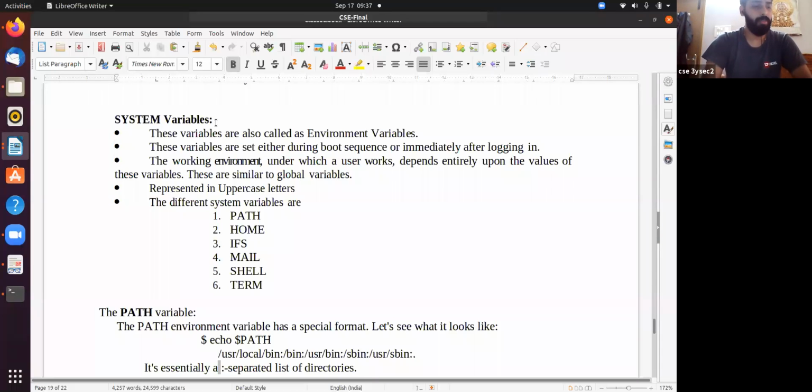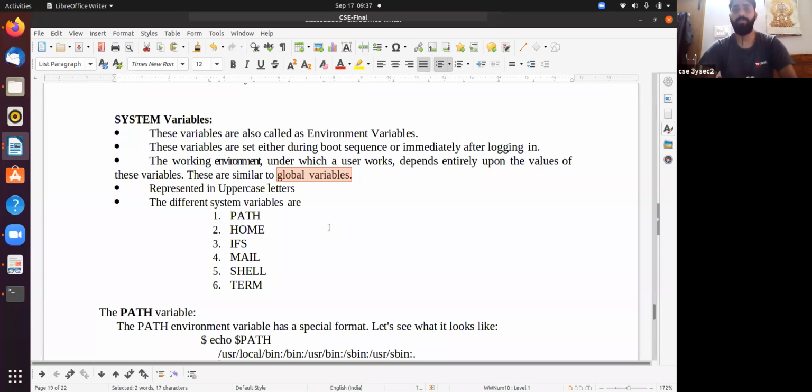When your system is booting and after you're logged in, some variables are created automatically. These are called system variables, or global variables also. They are common to all programs. You can access these variables from any program in your shell, and they are represented in upper case letters.